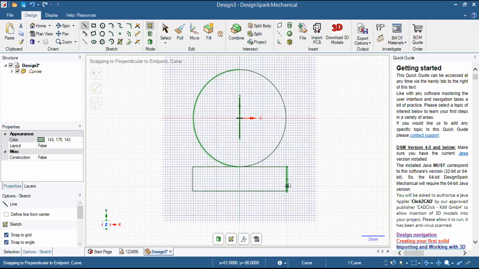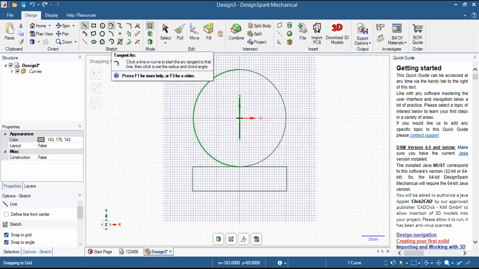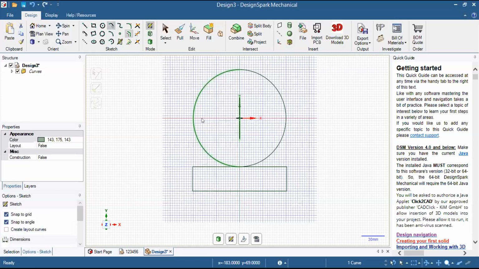Now how can I create a different shape using a circle and a rectangle? So I will use another command known as tangent arc. I will go on this command and somewhere here I will select a point and create an arc. You can see this is tangent to the circle. That's why its name is tangent arc.